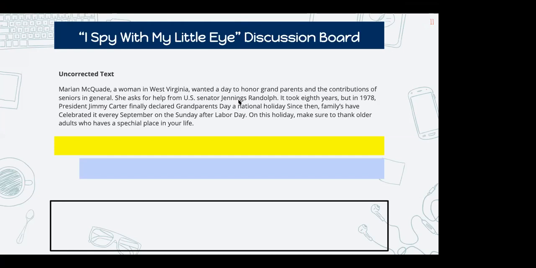Good. Okay, we got a compound word, we got a punctuation error, we got a run-on, spelling error. Okay, good, good. So we actually started with the example of "I spy with my little eye a misspelled